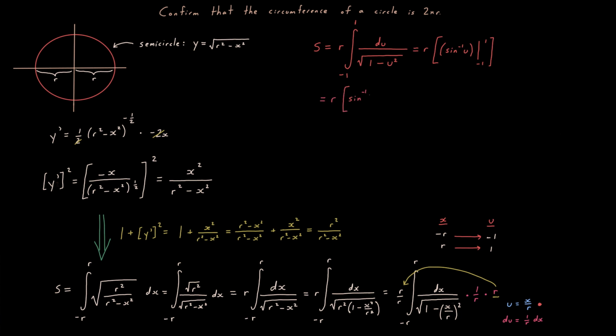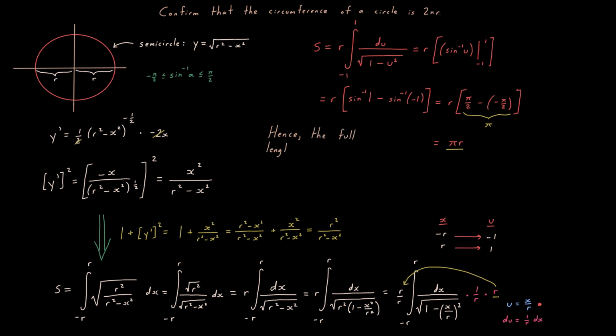And these are very nice values for the inverse sine function. The inverse sine function likes them a lot. Provided that we remember the inverse sine is always sandwiched in between negative pi over 2 and pi over 2, so I need to only choose values in there. So it's going to be pi over 2 minus negative pi over 2. That's pi. So the perimeter of a semicircle, not including the horizontal base, of course, is pi r. So the full circle is 2 times that. And we have indeed verified